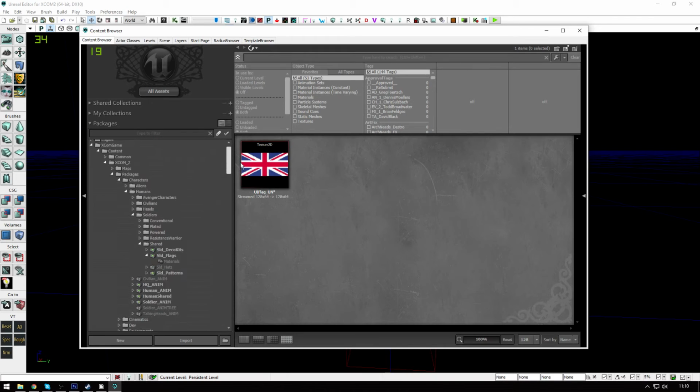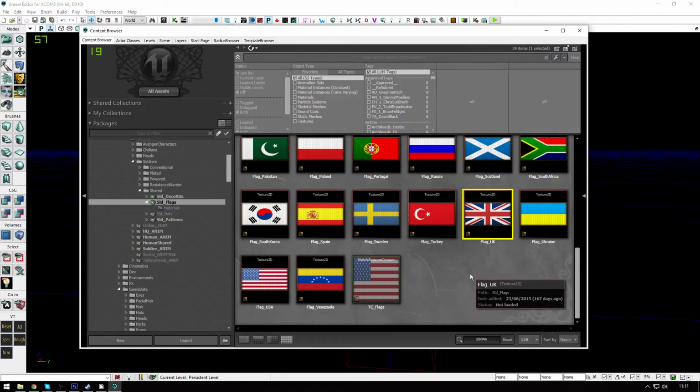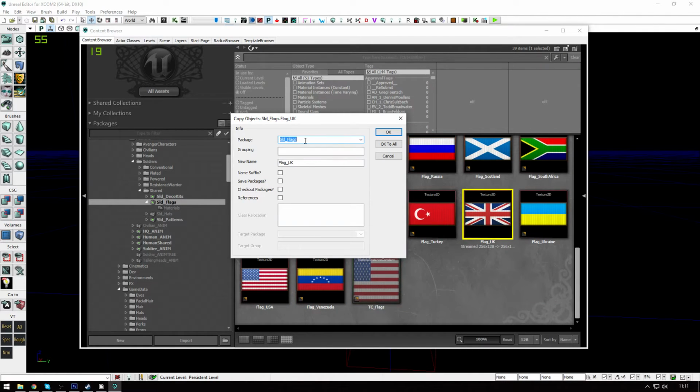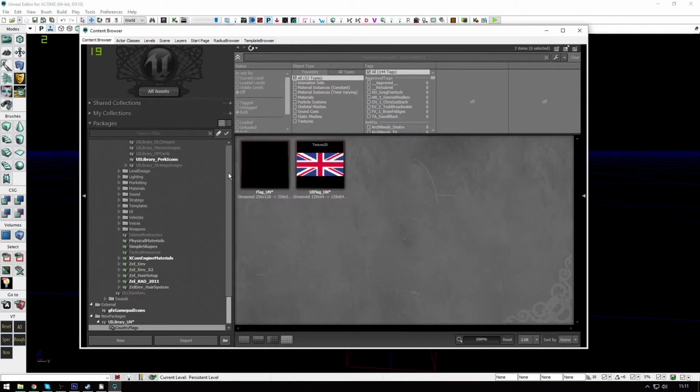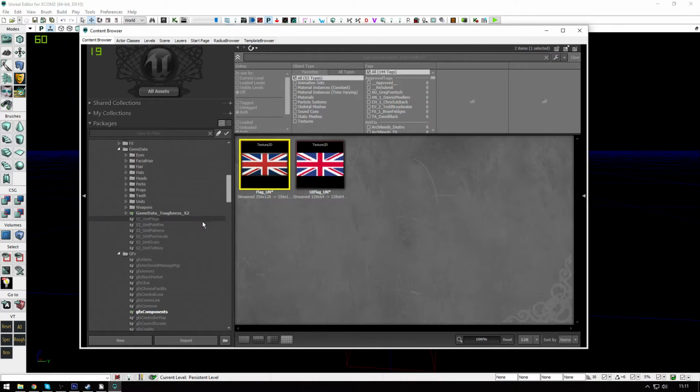Now we're also going to take one of these flags in here. We're going to take this flag here, create a copy, and we're going to stick it in the same folder. So we're going to change this to UI library underscore UN. We're going to put it in country flags, and we're going to name this flag UN. Alright, and now the last step we need to do is grab the